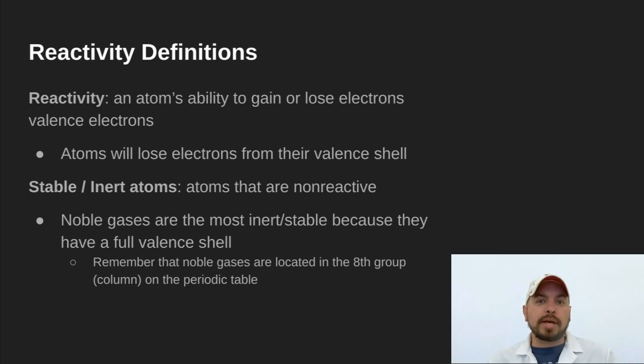unlikely to react. Generally speaking, when we're talking about inert elements, we're mostly talking about those that reside in the eighth group. These are the noble gases, everything from helium down. However, keep in mind that as with everything, you can force a reaction to occur, and some of the elements that are actually further down in those noble gases, xenon and krypton and the like, actually can react and sometimes